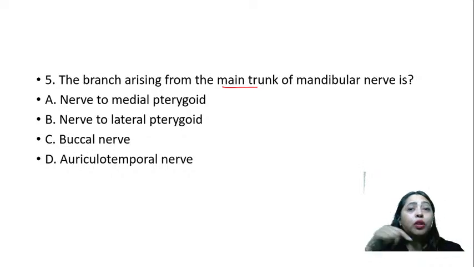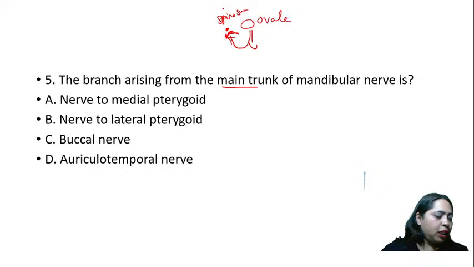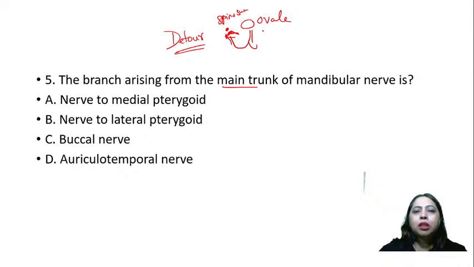The meningeal branch comes out of the foramen ovale, and then there is absolutely no meninges for it to supply. So it goes back into the cranial cavity through the foramen spinosum. It comes out of foramen ovale, and behind ovale is spinosum, and again it will go back through spinosum into the cranial cavity. It takes a detour, a tour backwards. So that is gone. Now what is the other branch that is left?